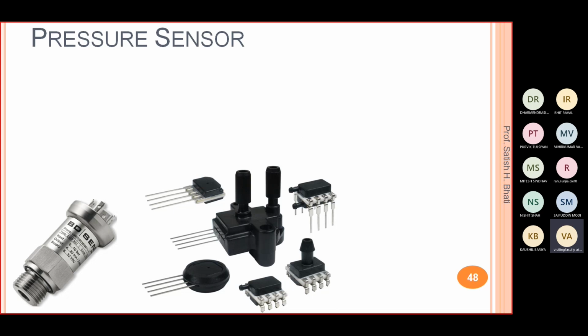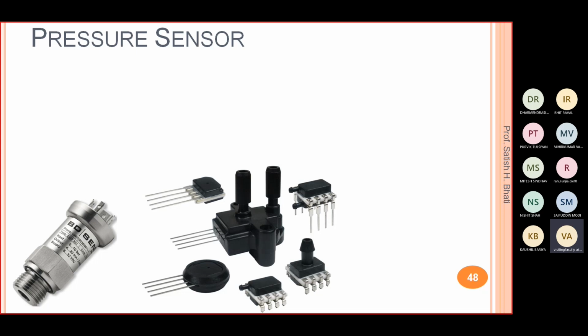You will see some are in the form of IC, some look like IC. They're not exactly IC. Different sensors have different applications. Based on their construction and size, we will choose the sensor. Many factors we consider when we choose a sensor, like its resolution, its accuracy, its working temperature, its working range, and its material. Sometimes the material is a kind of plastic, so wherever you have to deal with higher pressure, you will not use that kind of sensor.